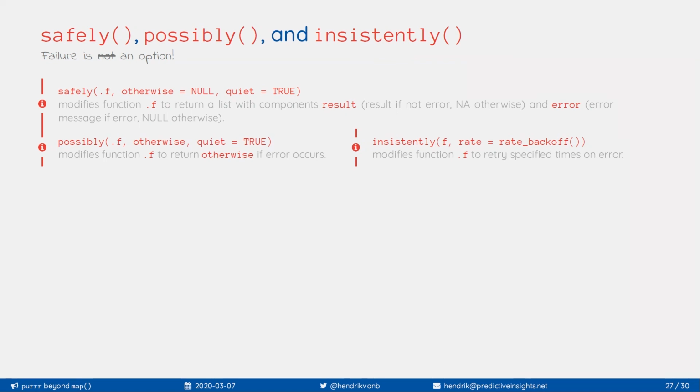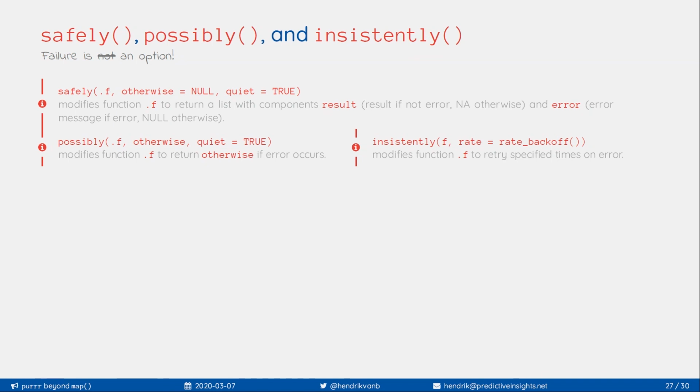Sometimes functions fail. If you've ever called an API from within R, I'm sure you know that very well. If you've ever scraped data from a website where the structure has changed and you weren't aware of it, you'll know this. Okay? So good coding involves putting in safeguards that try to account for that. But sometimes things still fail. And you don't always want your routine to just bomb out because one thing has failed. So these functions allow you to deal with errors.